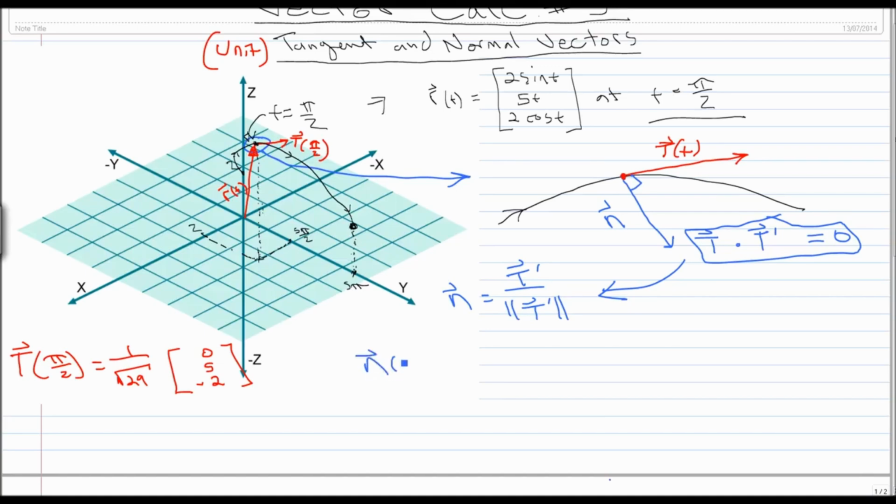It's a function of t, so it's the derivative of the tangent vector. Oh, I erased it. That would just be the second derivative of this thing here. So that would be